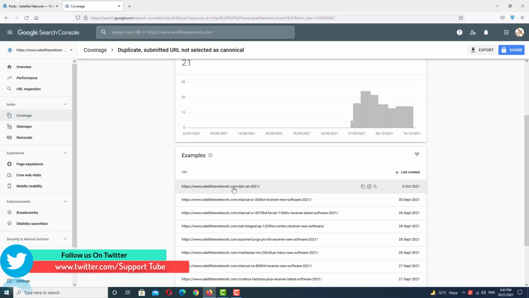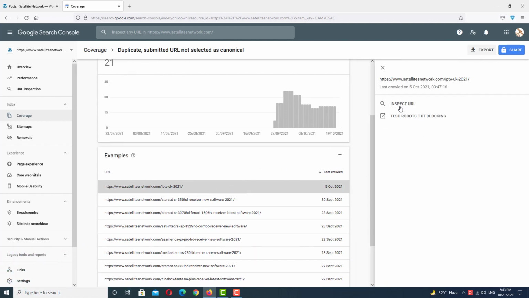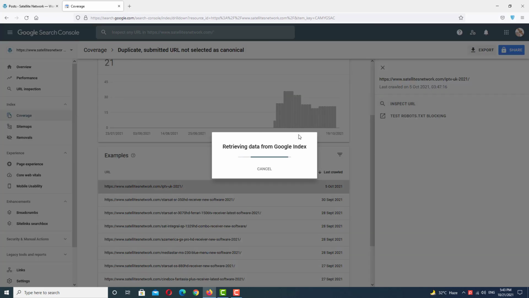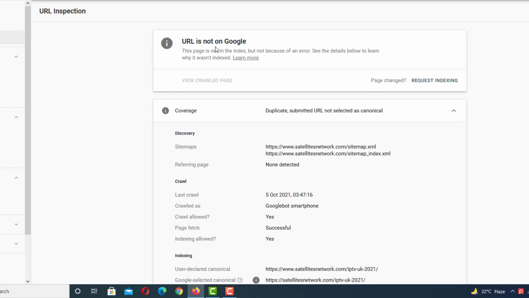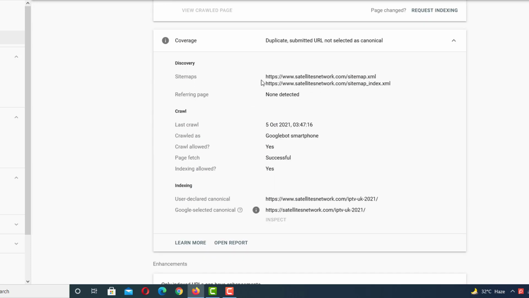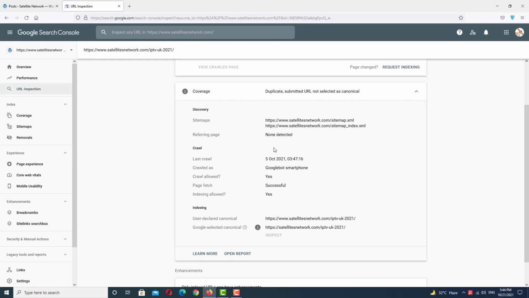So first we want to see by clicking here, and in the excluded list you have an impacted URL on the right side. Click on it, and here is the problem: URL is not on Google. And in the coverage option, click on it, drop down, and here we can see we have already submitted a